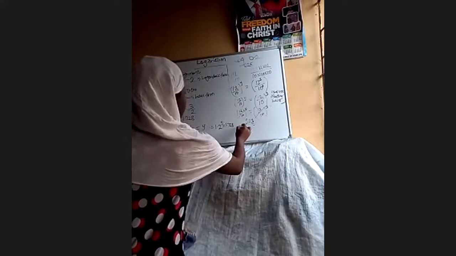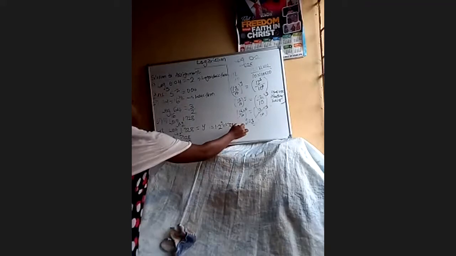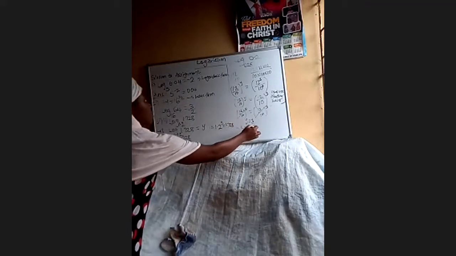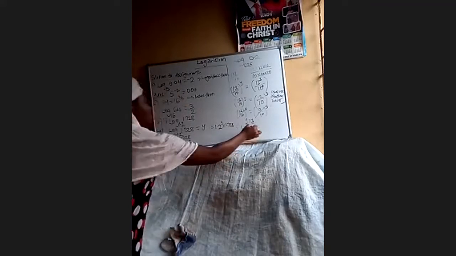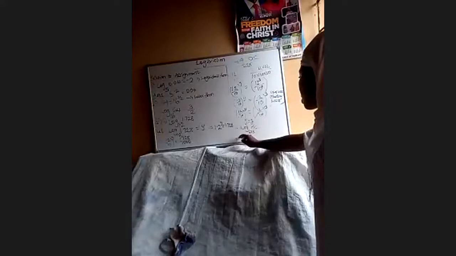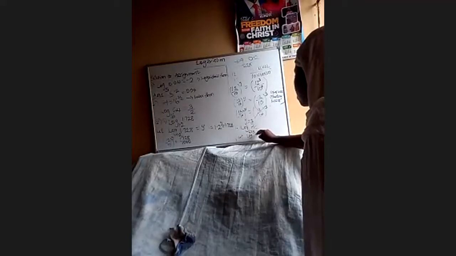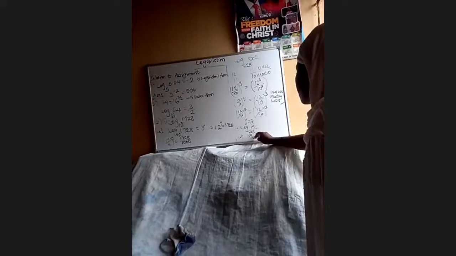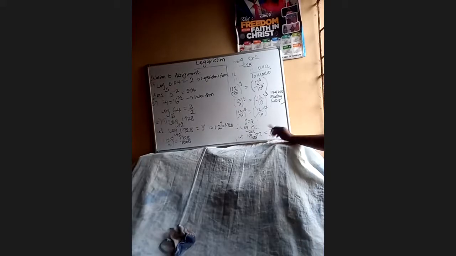The last question, we have the logarithm of 0.2 base 625. So in this case, what we do is we say let logarithm of 0.2 base 625 is equal to z. So when we write this out,